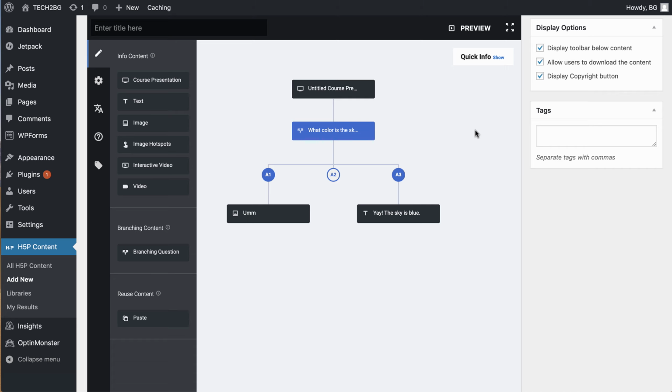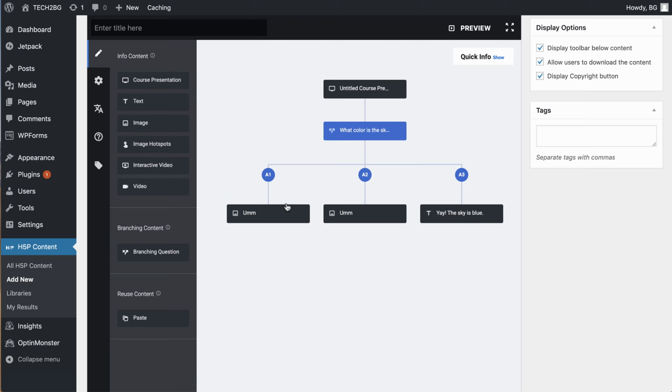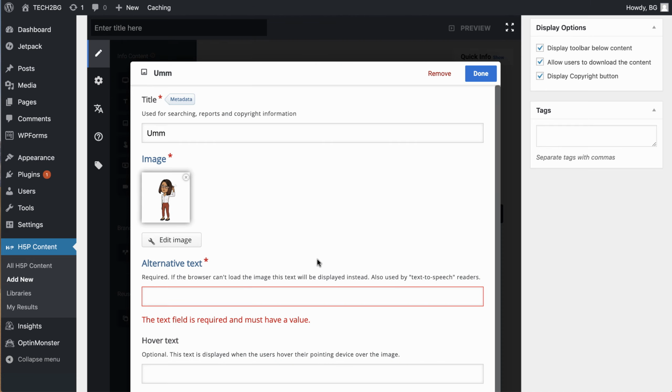The other thing I want to show you is the ability to copy and paste, which I find very helpful. Since they answered incorrectly for green and red, I can click here and copy this image, and I can paste it here. And now I have three different options for where they're going to branch out to. I can also edit this to say, hey, when they get it wrong,